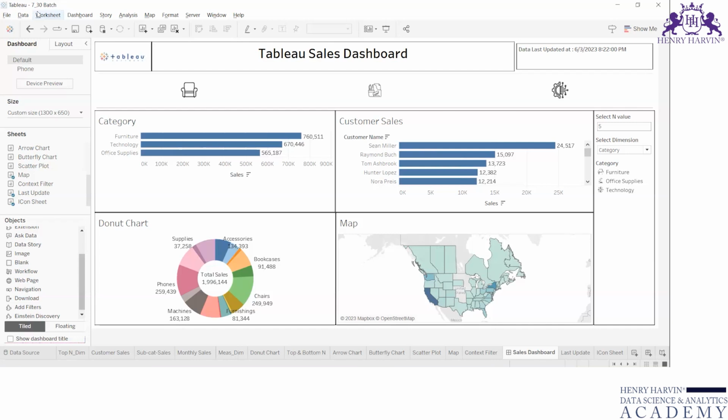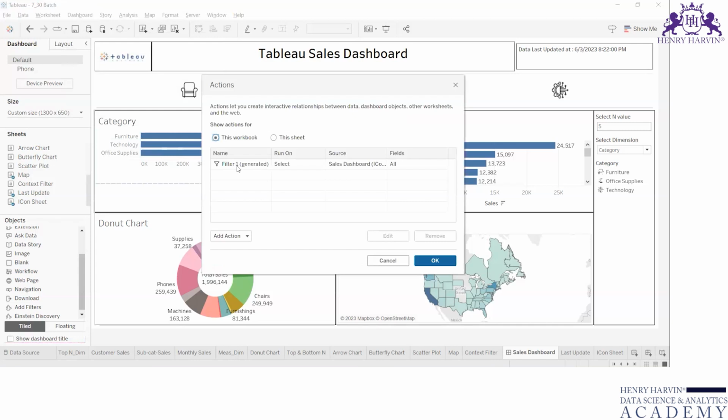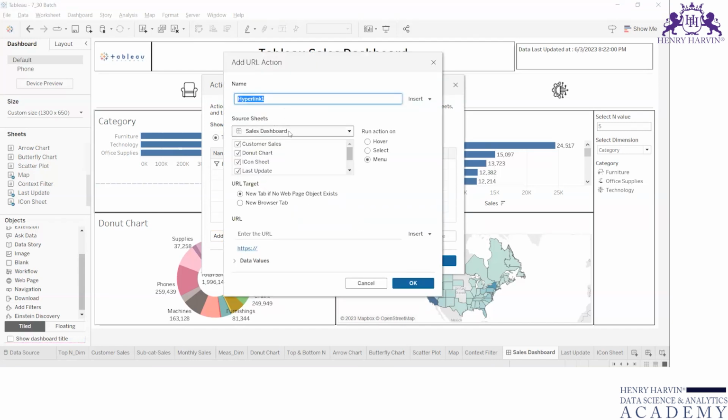Now, there are other actions also. If you go to action filters, there will be actions, highlight. If you want to highlight something, go to URL. Instead of using this action, I have all the same options in the objects also. I can use that. So let's say if you click on go to URL, what it will say here, let's say hyperlink I have given, and what I'm saying is,